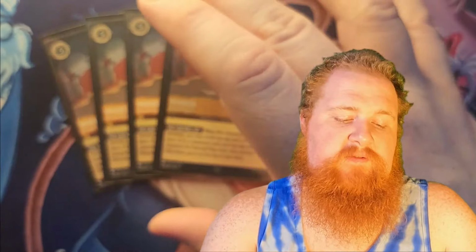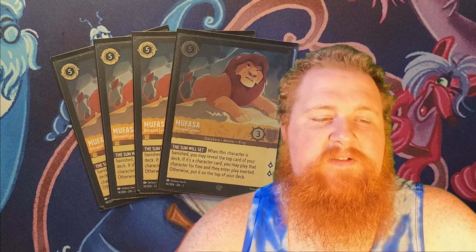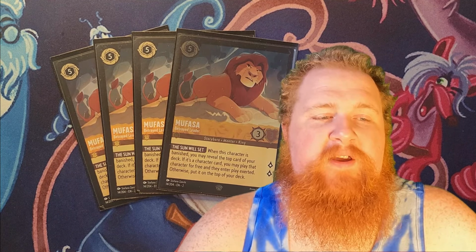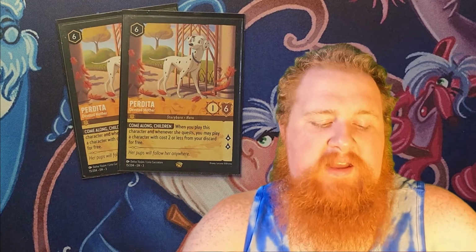Then we have the star of the show, 4 Mufasa, Betrayed Leader, 5-cost 3/3, questing for 2, and when this character is banished, you may reveal the top card of your deck. If it is a character card, you may go ahead and put it into play for free, Exerted, and if it's not, it goes back on the top of your deck. And this is what's making those 2-cost characters so very good in this deck, and that is going to be